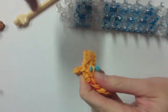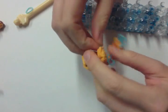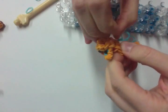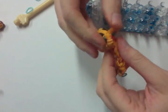If you attach the jaw correctly, it won't come off. If the jaw comes off when you take these bands off, it's because you went between the loops when you attached instead of through the loops. It's a hard lesson to learn, but...